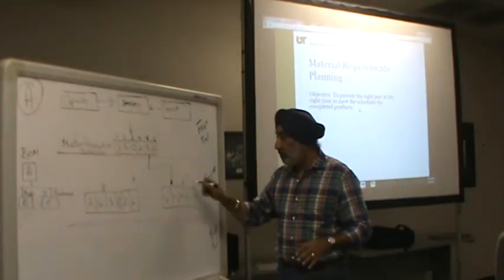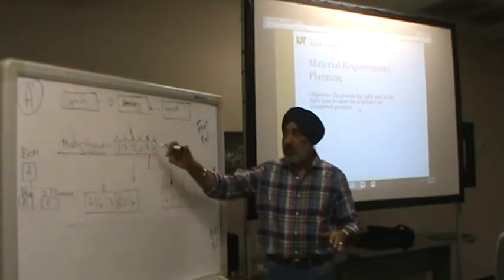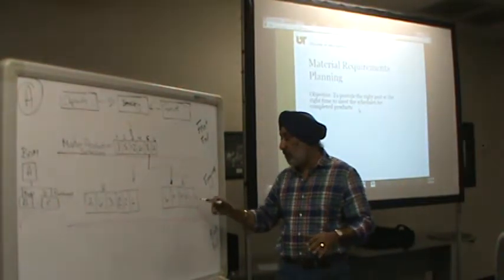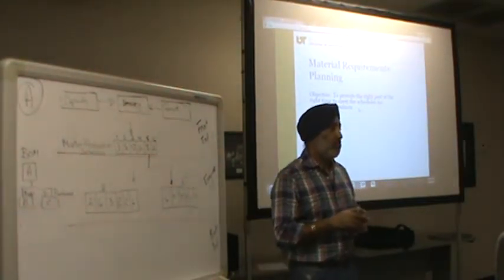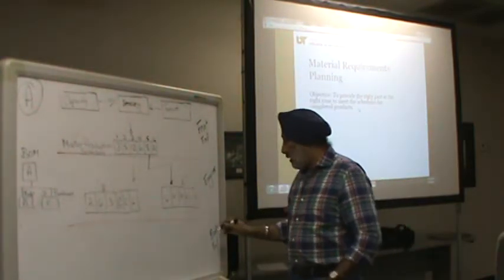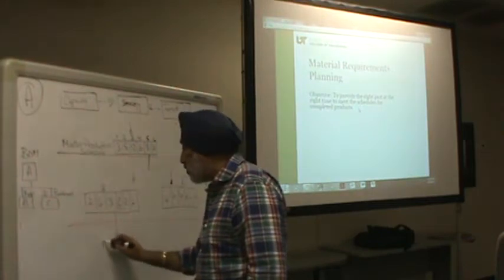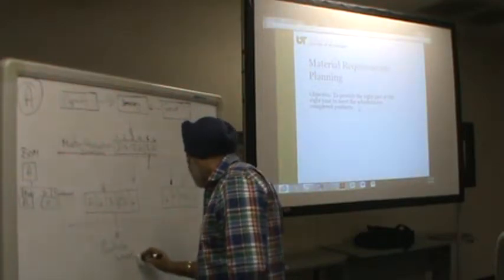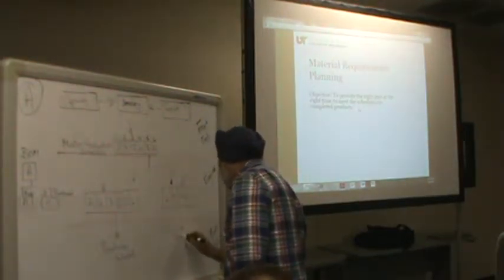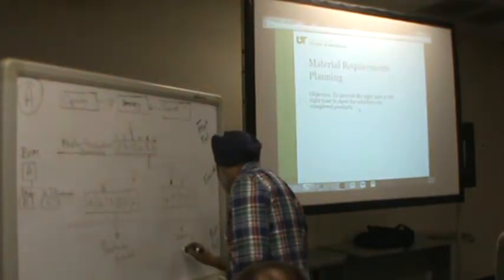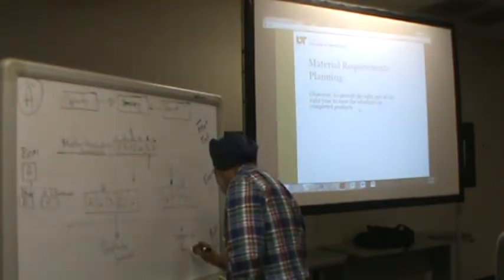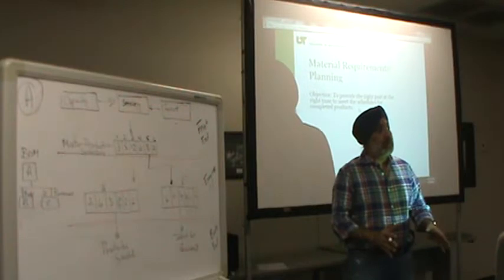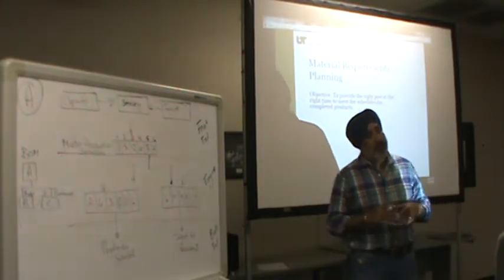Hey, by the way, purchasing, in order for us to complete this, you need to go ahead and buy 6, 10, 30, 12, 0, and 4 of C. Okay? And then, in the back end, this becomes my production schedule. This becomes the input for purchasing or procurement. That is my system. As simple. I made something very complex, very simple.